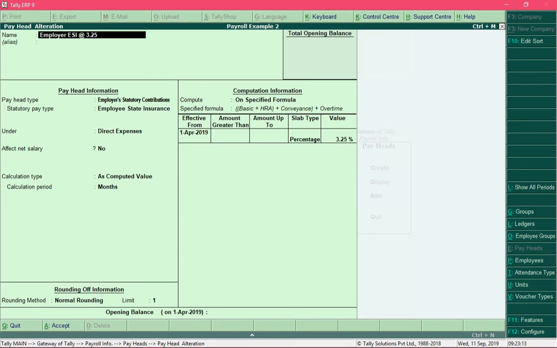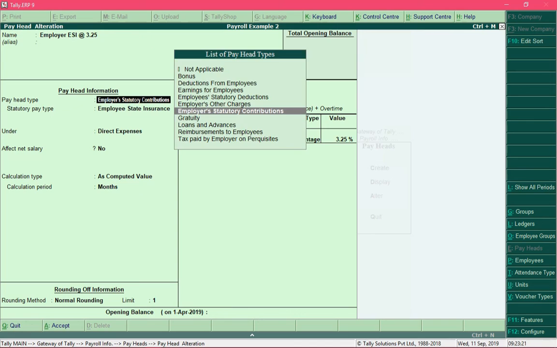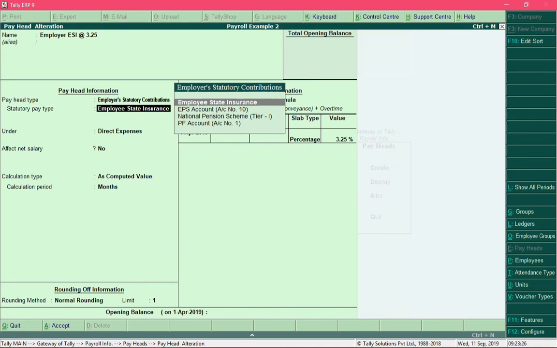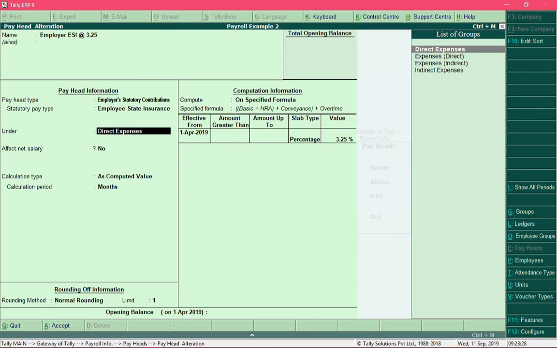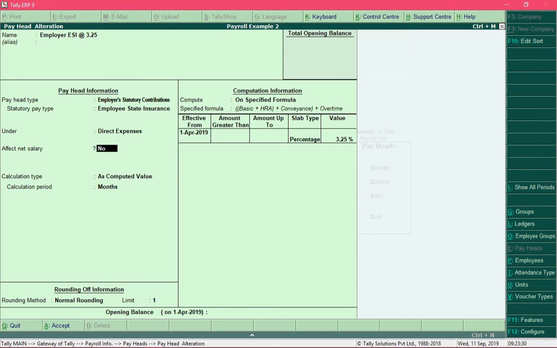Alright, now let's talk about the last contribution payhead, which is employer ESI at 3.25%, and these are employer statutory contributions towards employee state insurance, which are expense to the organization, and it does not have any impact on the net salary of an employee.